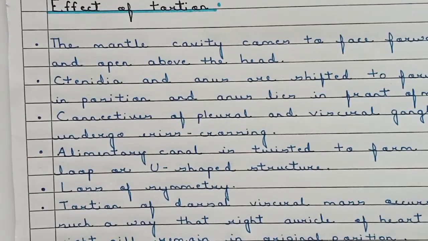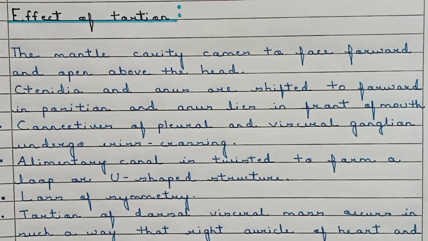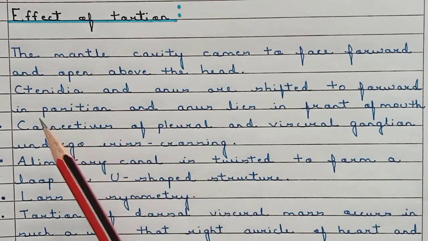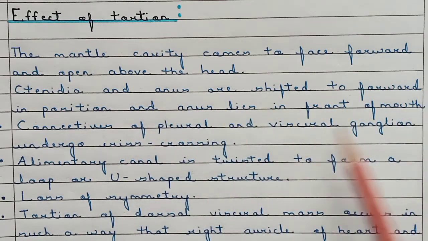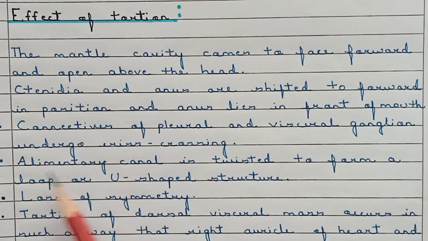Okay, what does torsion cause? What is the effect of torsion? The mantle cavity comes to face forward. Ctenidia and anus come to the position above the head. The right pleuroparietal connective, actually the pleuroparietal connectives,